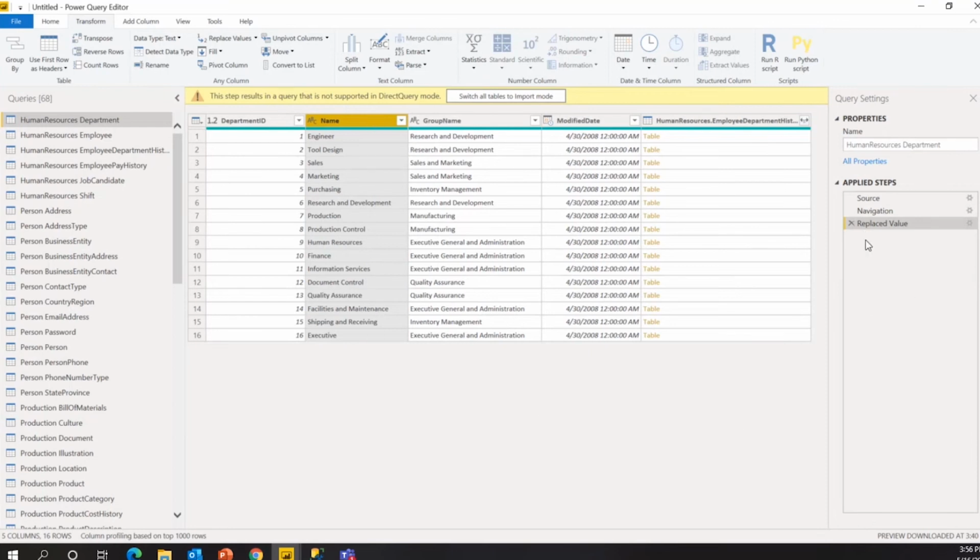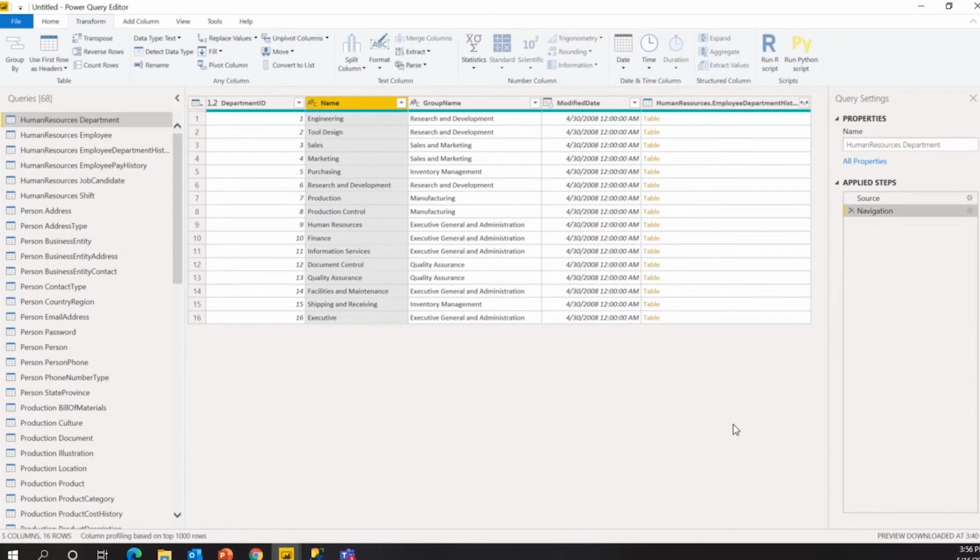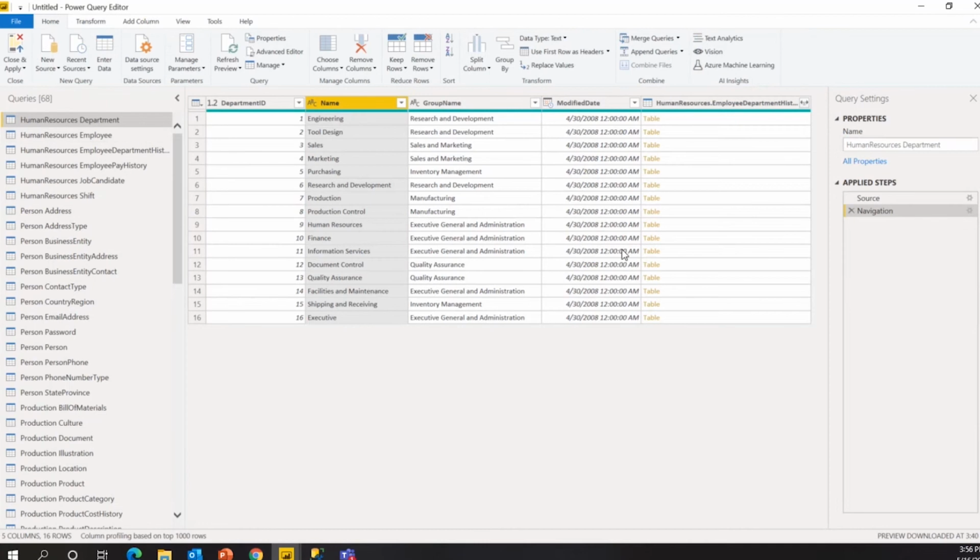Now if you made this change and you feel there is a mistake, you can just go ahead and delete it, and the change is gone. Once you make any change here, you will see this button, which is Close and Apply. You can close without applying, or apply without closing, or close and apply. When you are done with the transformations, you can close and apply.